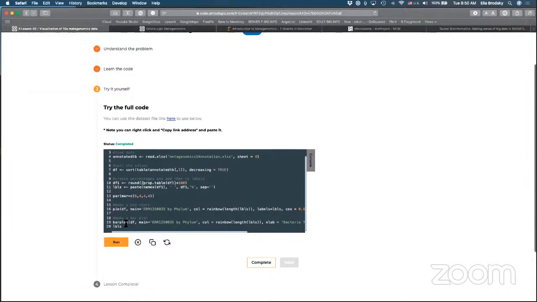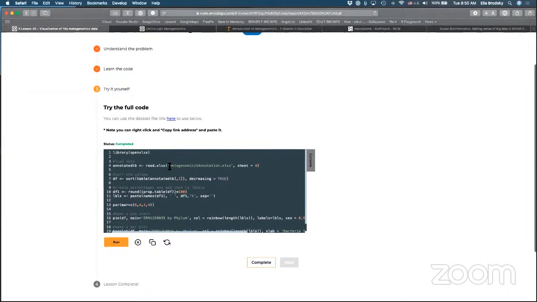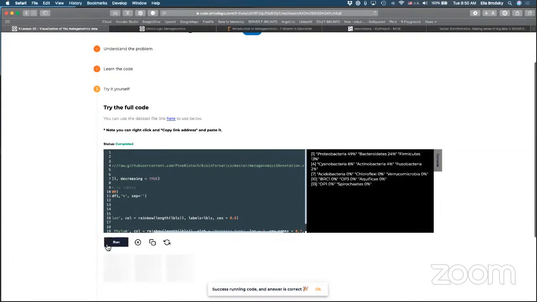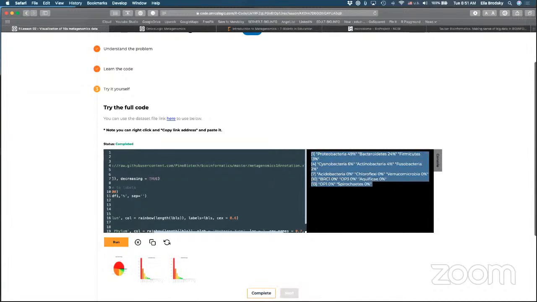And also we can create a bar plot. But here you can see that the instructions say to create it using this data set. So there's a link here, and we just need to replace this little word right here. So just delete it and paste it right here. Okay, and now we can click this button, run. So it will run, and you can see that in the console, it gives us the answer, and the answer is